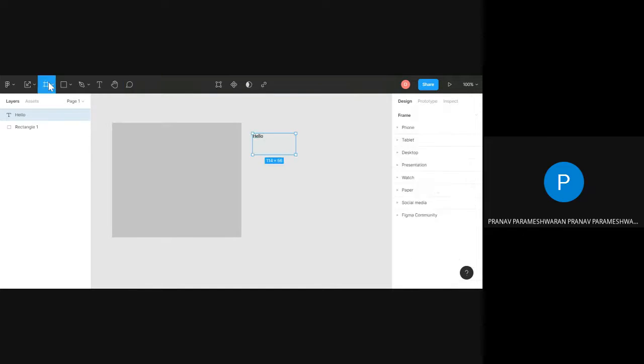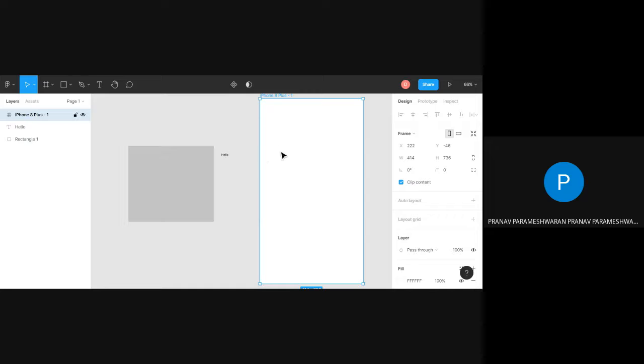Now let me come here. So there is an option on the right side, if you can see my mouse, called iPhone Pro and iPhone 8 plus. What it does is basically create a template, or give you an area as per the dimensions of an iPhone 8. So whatever design we want to make, the way our application should look, we can design the whole thing within this, keeping in mind the size of the iPhone 8.